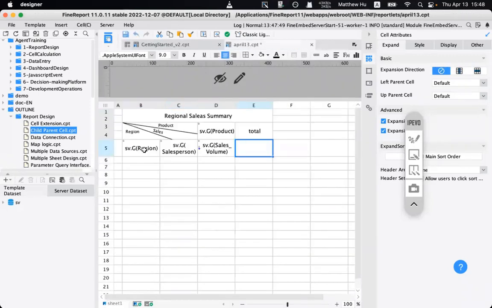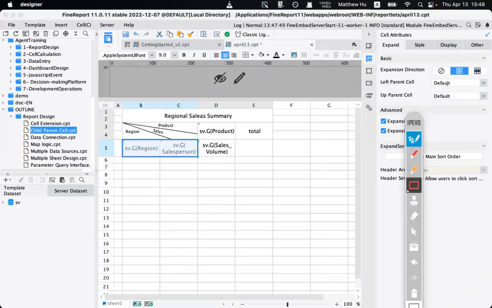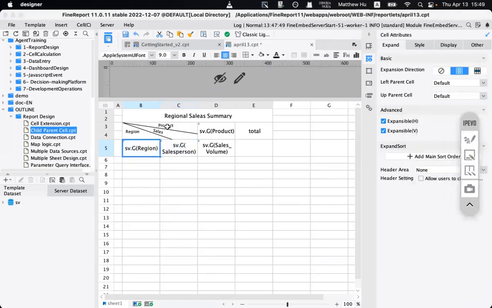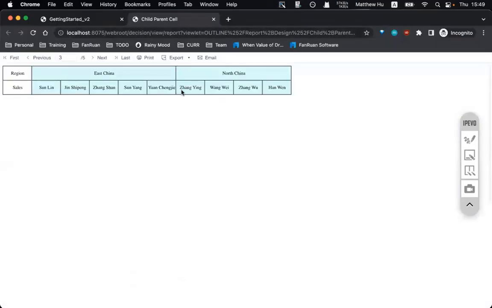What I'm going to do right now is set up the cell extension, and also set the parent cell relationship, right? That's something I need to do. So let's go through this one by one. If I click this, I don't have to do much because there's no parents, I mean the parent is none, right? So for now it's okay. For this one, I don't need to do much either because cells depend on the region, right? And the one here is slightly different because if you look at our result, you notice